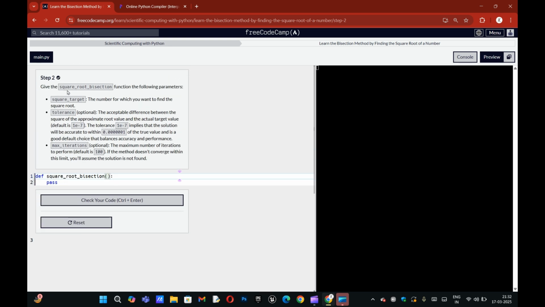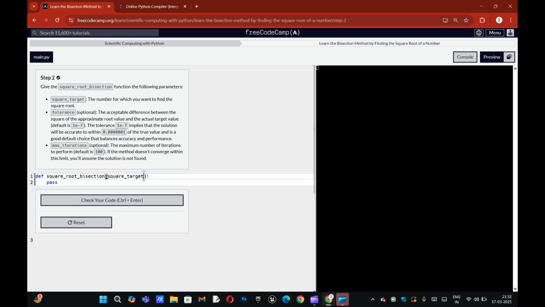Okay. So it's telling us to give these highlighted parameters. Put these quickly in the brackets. Square target, which is basically the number you want to find the square root for. Like if you want to find the square root of 4, that is your square target.